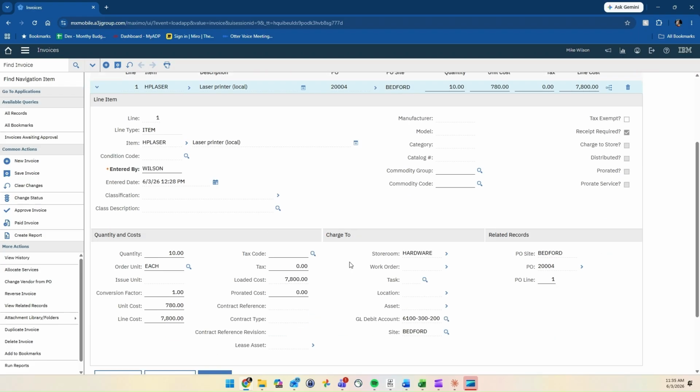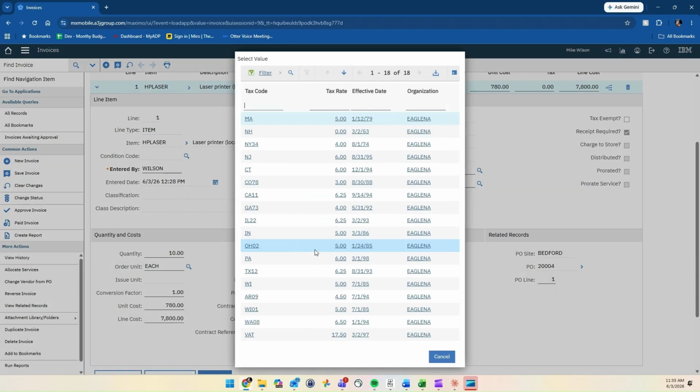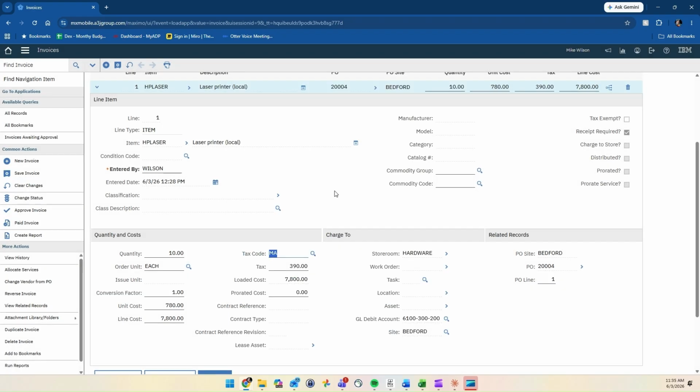So the tax code here, we can check ours, which is 5%. It automatically brings in the right tax amount. And tax errors range from applying the wrong sales tax rate to failing to capture use tax on direct ship orders. In prevention steps,